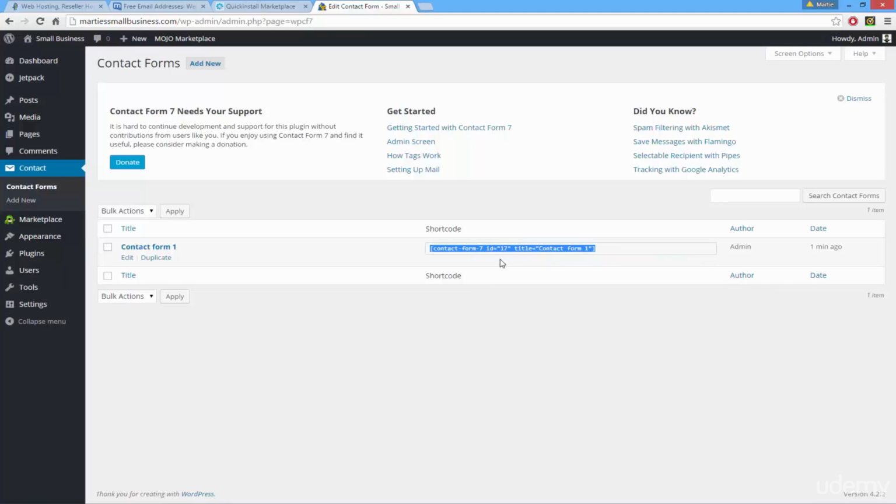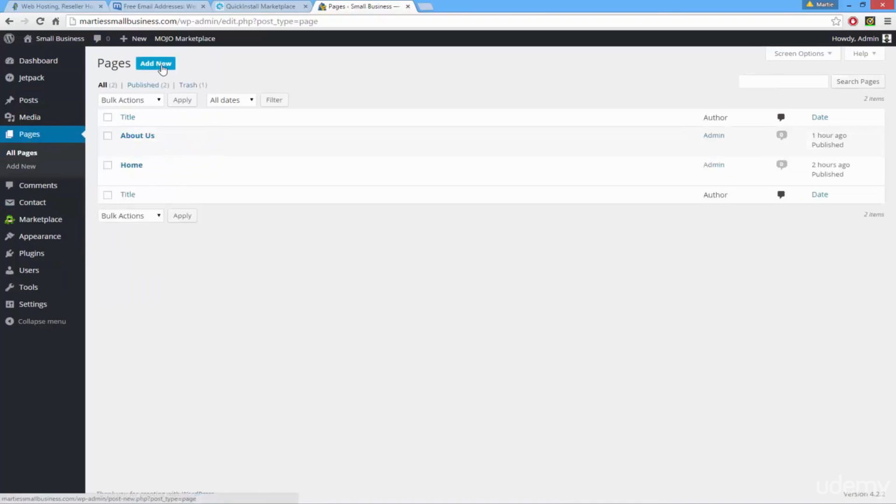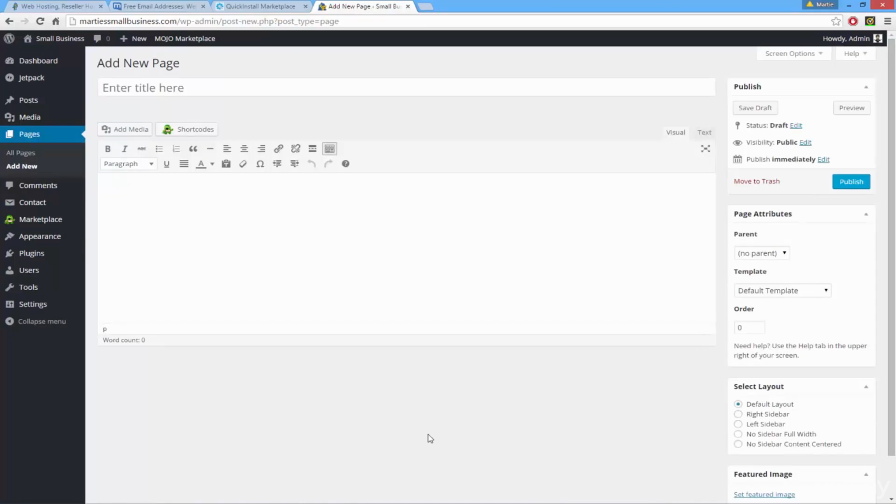So on the left hand side, just click where it says pages, and then up at the top click add new. Then same as before with our About Us page, we'll give this page a title, and because this is going to be our Contact Us page, I'm going to call mine Contact Us. Then if you click in the main contents area underneath, you can type any text you want to appear before your form. So I'm just going to type,